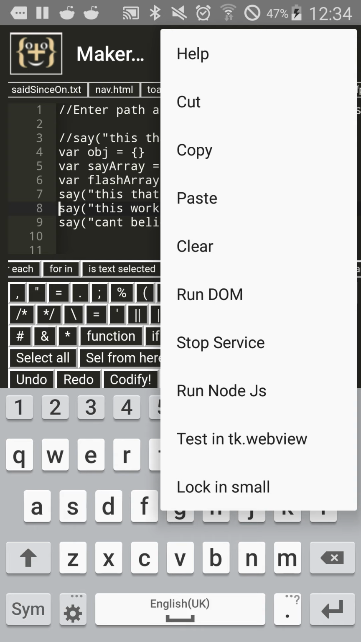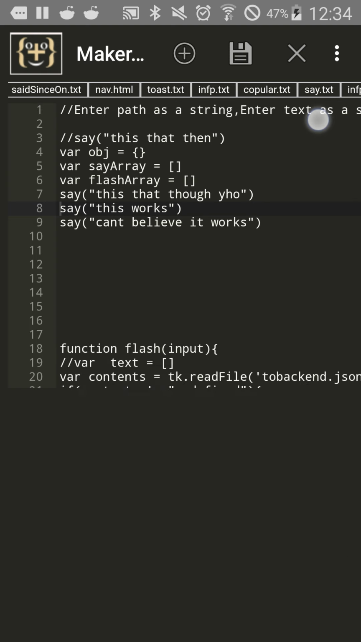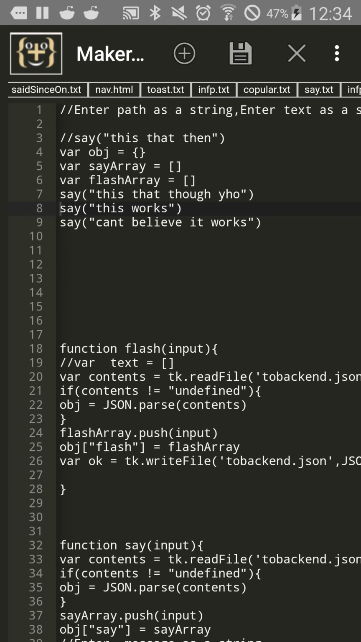I'm running it as DOM, but it's going to communicate to the service. And this works. Can't believe it works. And yeah, so basically you can do things that way as well. So you can run some code as a service, and you can have the different states of running interact with the service. And to show that I've also